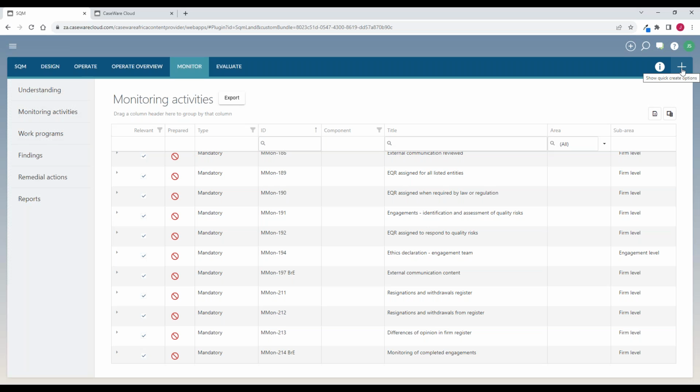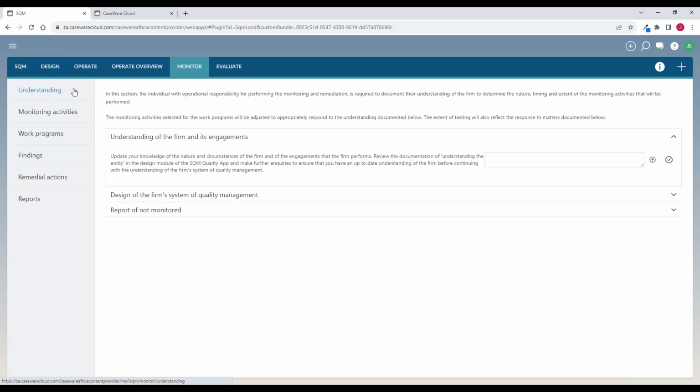So we've said there's a policy to say you must select a firm, you must have an inspection cycle and everybody must be selected, but how do we choose which file to select this year? So we've implemented a policy and procedure for that. Okay, then once you've developed or designed and signed off all your monitoring activities, you can come back to understanding,